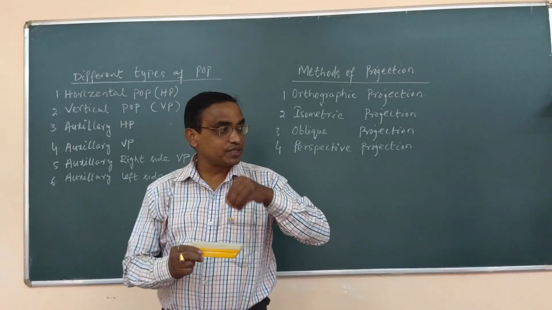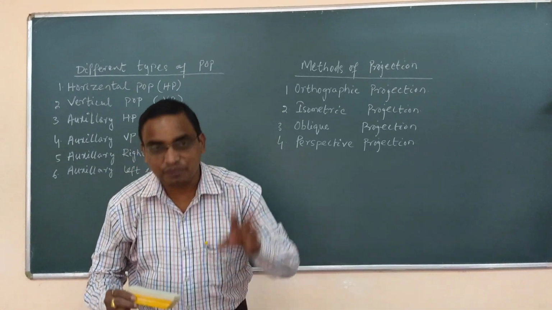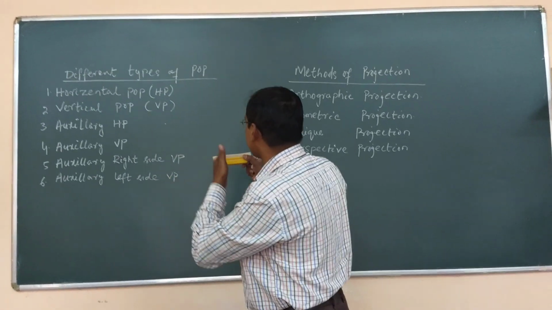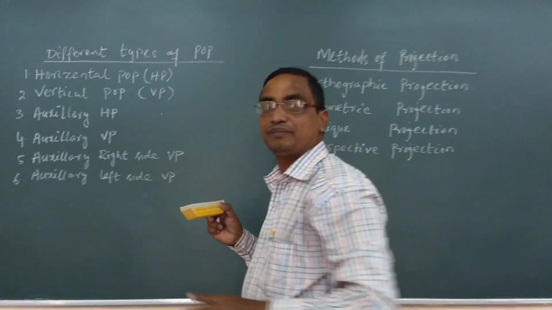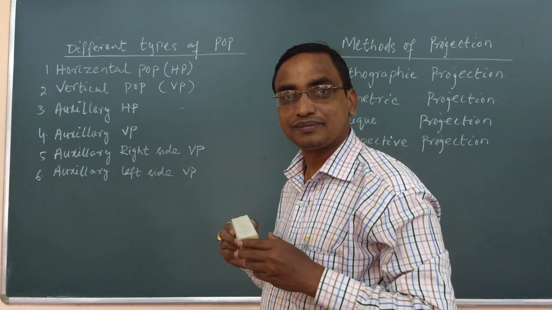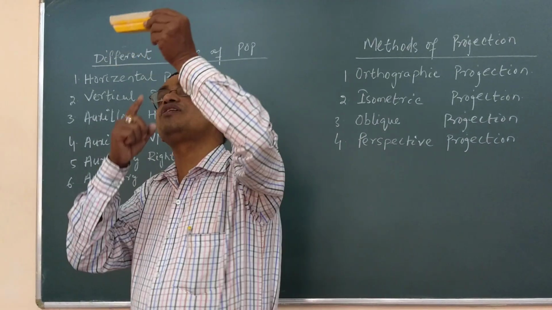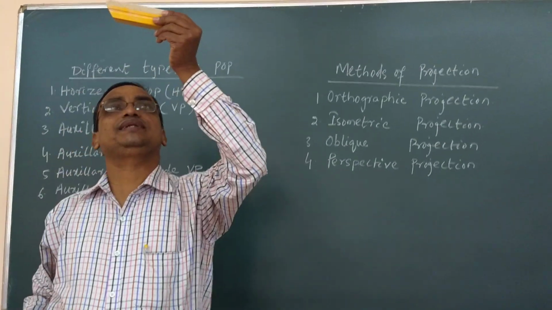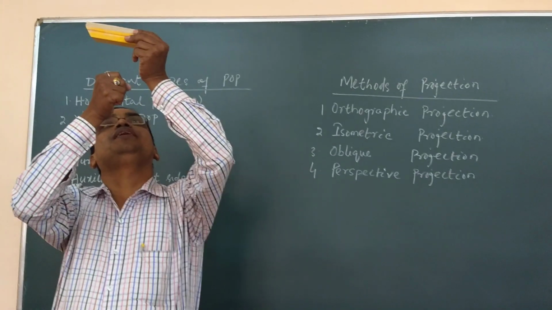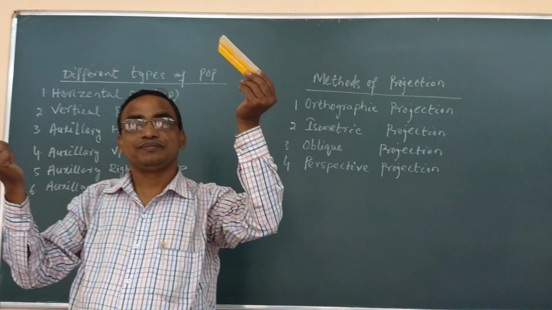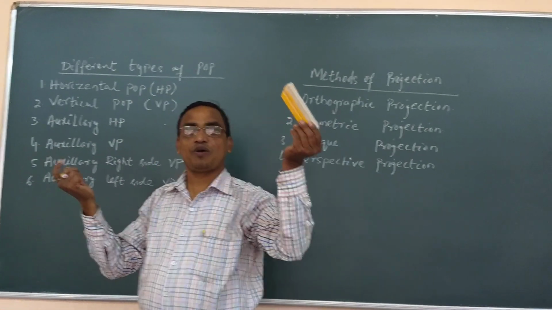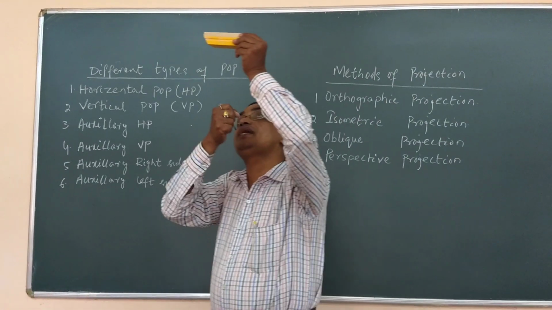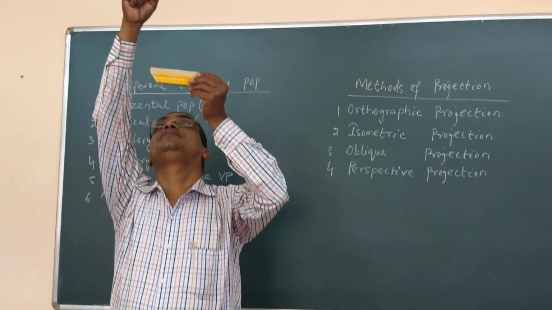Always the top view is drawn on the HP, horizontal plane, remember. Similarly, the front view is always drawn on the VP, vertical plane. Now the point is, where will I draw my bottom view? I will go to the open field and put dots where the shadow is formed. No shadow is formed because there is no POP. But here the shadow is formed.